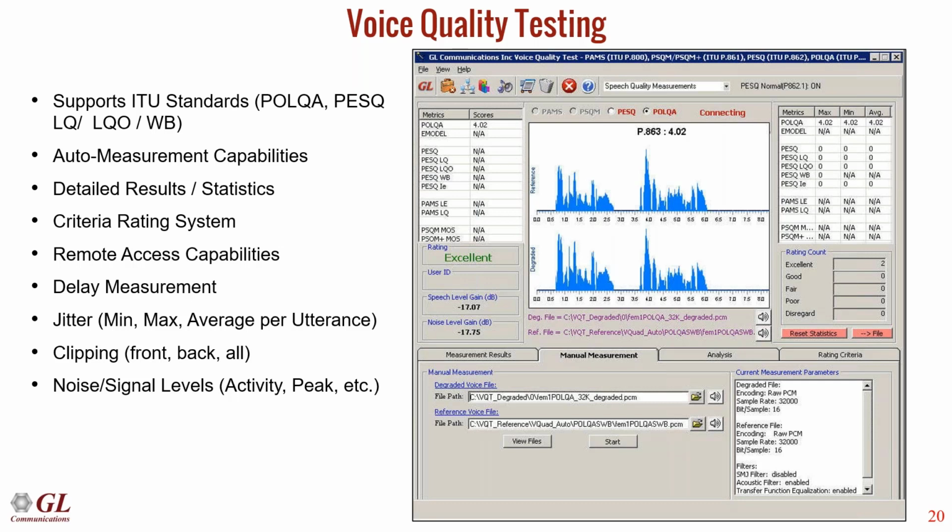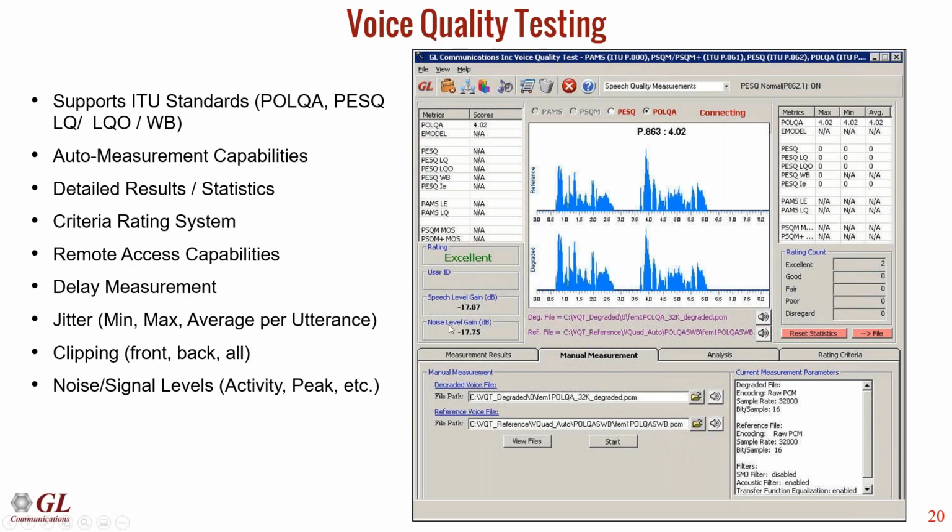If you want to use your own files, that's possible too. After you run the voice quality test, you'll get a VQT score, which is based on 1 to 5. And then you'll also get some additional analytical measurements such as speech level gain, noise level gain. You also get jitter.